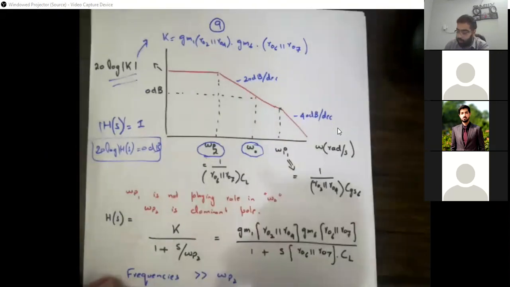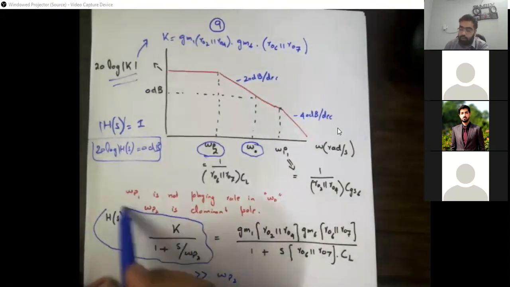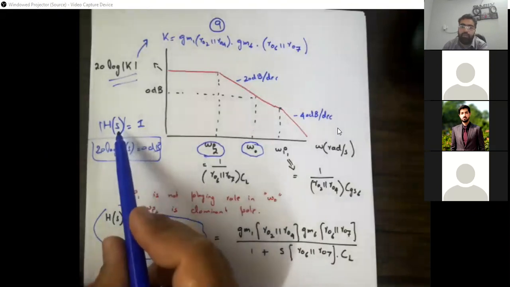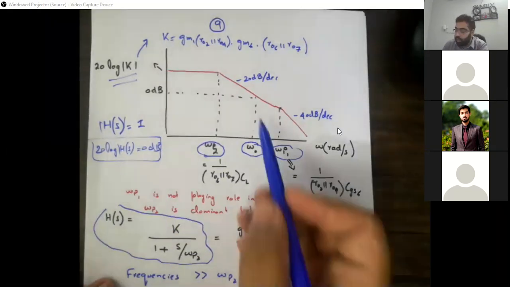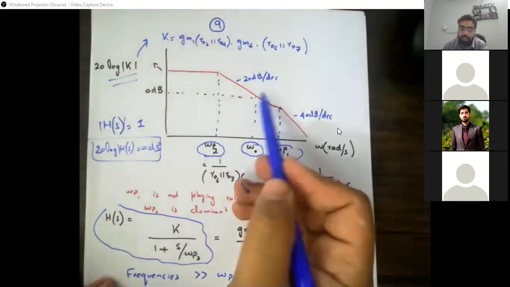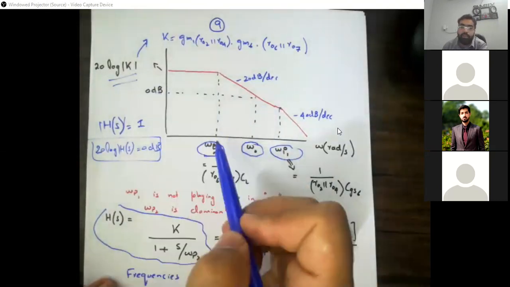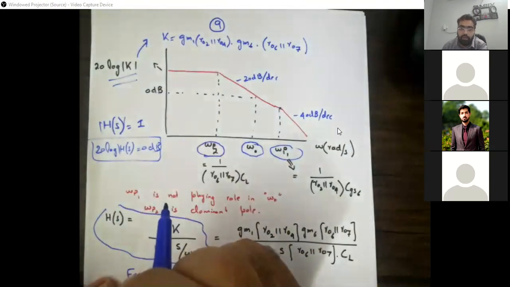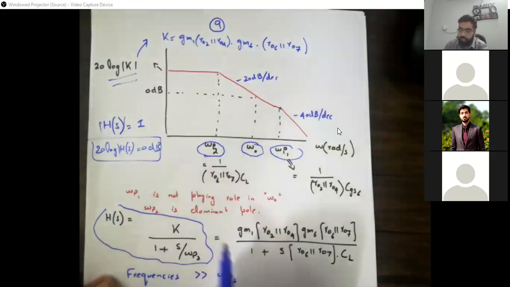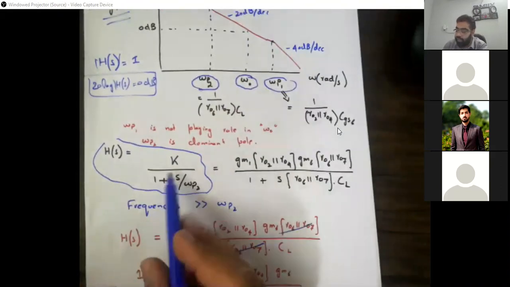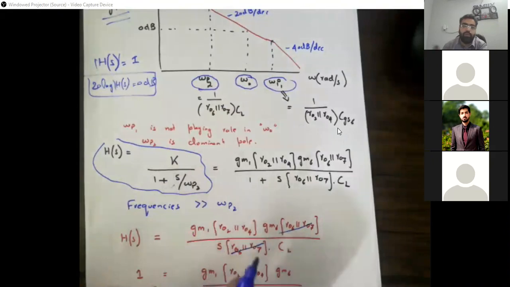We can just plug it back, go back to our expression. In order to find this h of s, we don't have to consider the omega p1 pole, which is a non-dominant pole, जिसको हमें consider करने की अब जरूरत नहीं है. Why? क्यों? आप इसमें देख सकते हैं omega naught की calculation के लिए only omega p2 is affecting. Omega p1 is not going to make any effect because value of the CGS6 is going to be small और इतना ज़्यादा उसका effect नहीं होगा. So for simplification, we can write the expression of K divided by 1 plus s over omega p2. We can ignore omega p1 just for simplification.